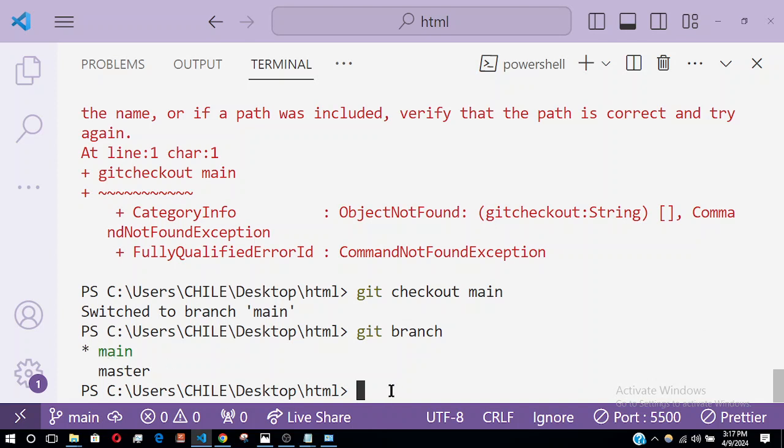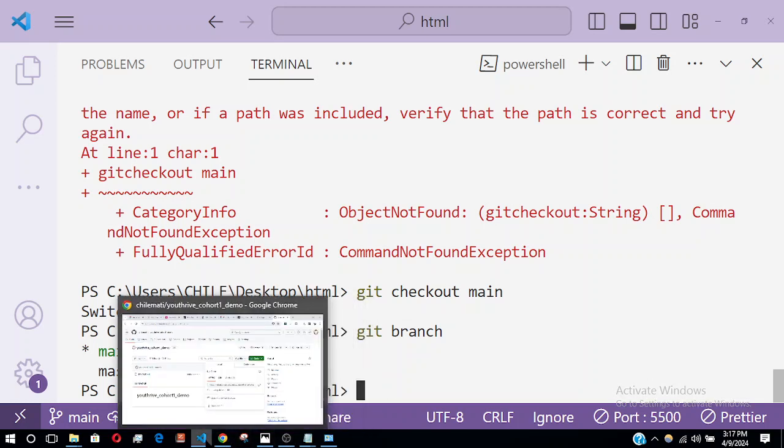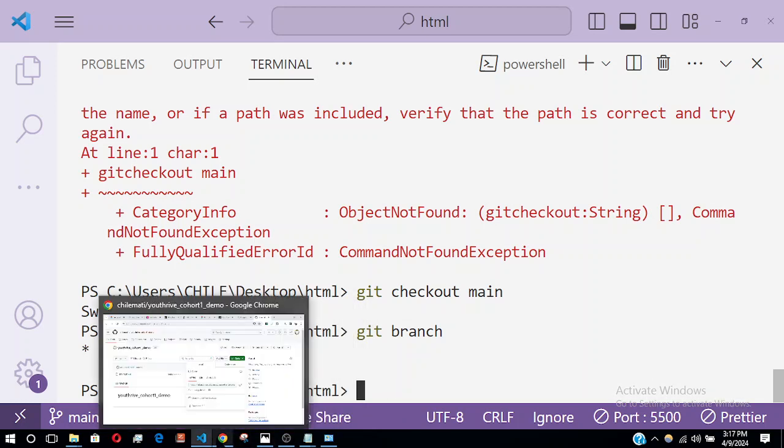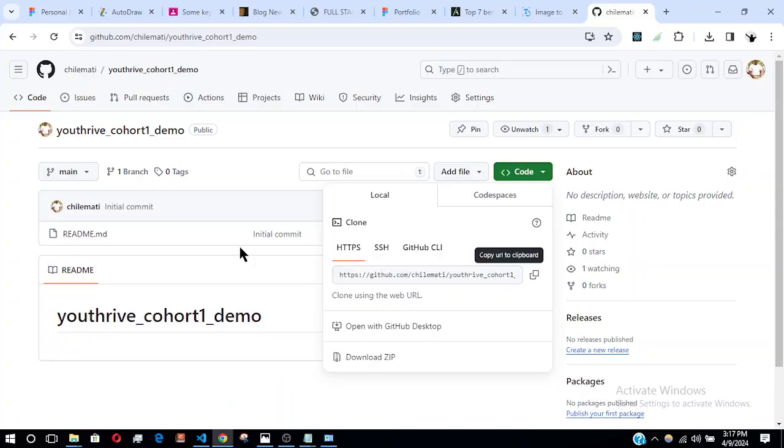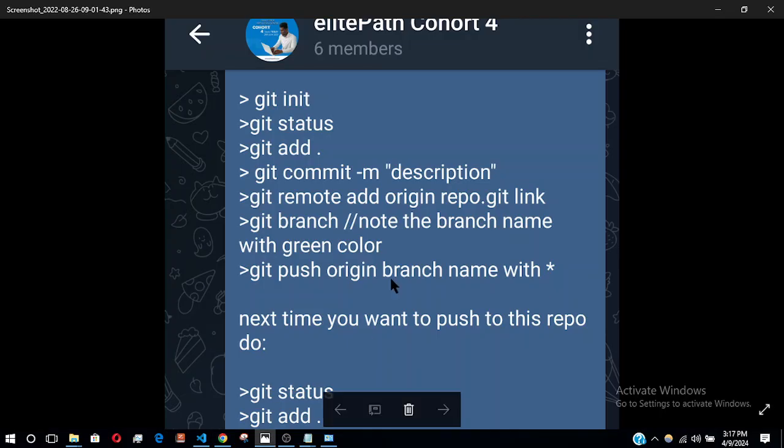So let's now continue the process. The last process now is this. Sorry, not here. Git push origin branch name, with star, which is our main. Now, before we get to this step,